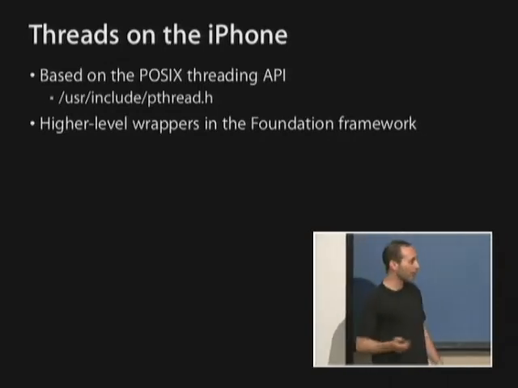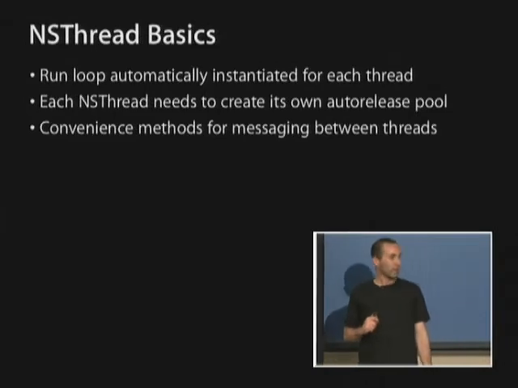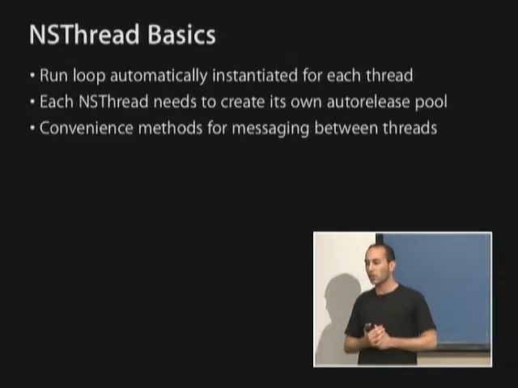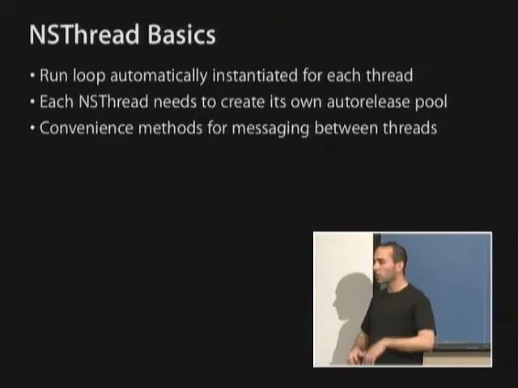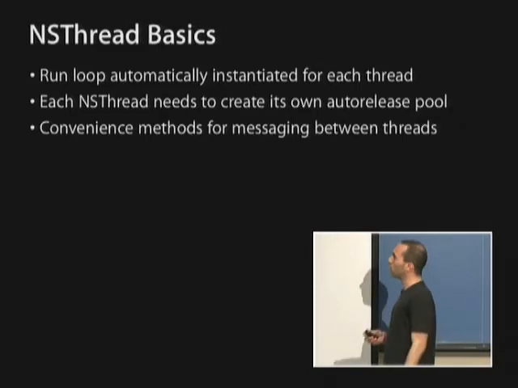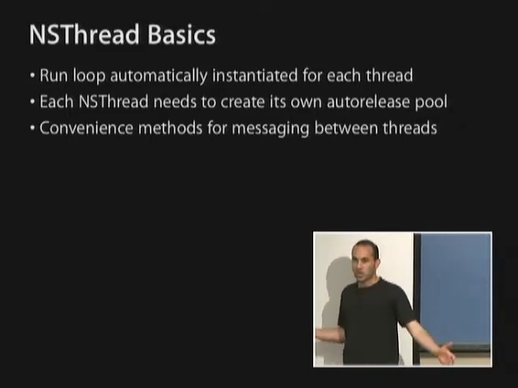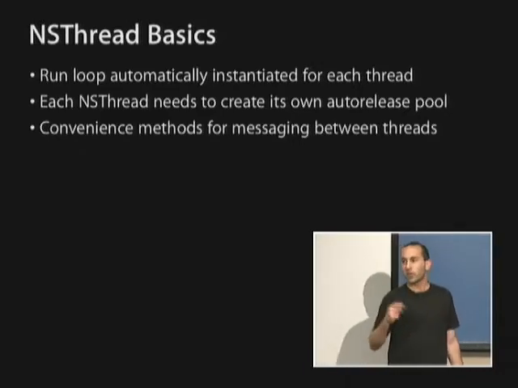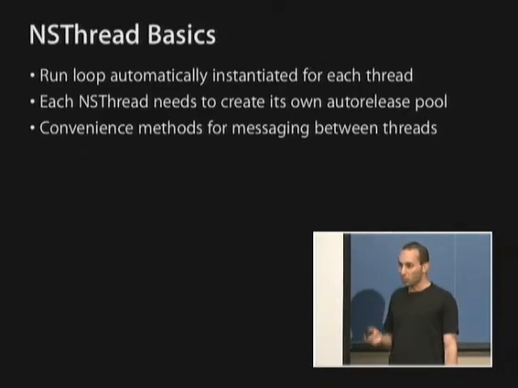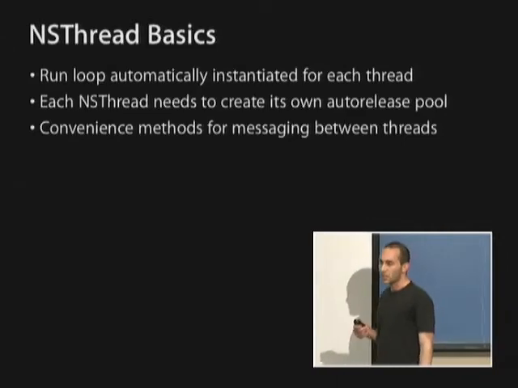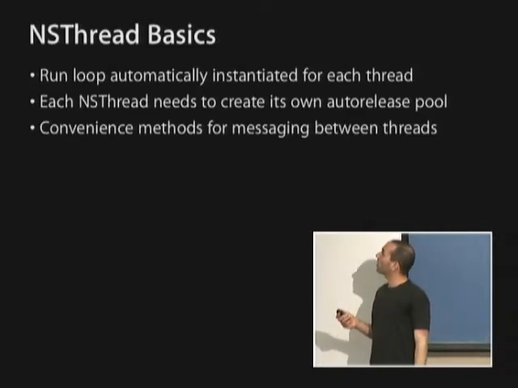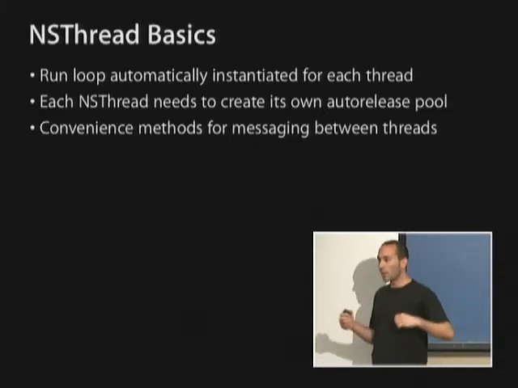There's something called NSThread. And NSThread creates a run loop automatically. It's Cocoa friendly. So it knows that you're going to want to do a lot of things in this run loop. Create timers, listen to events, listen to notifications. So a run loop is created for you automatically. Every NSThread needs its own autorelease pool, and that's up to you to create inside of your thread method. And there are convenience methods for sending messages back and forth